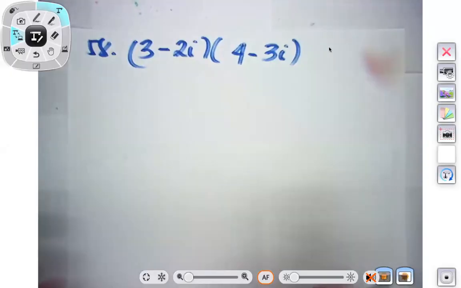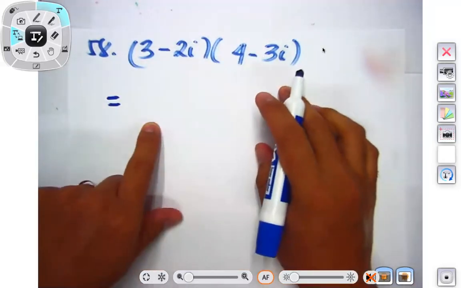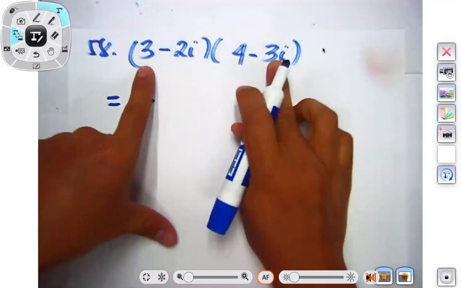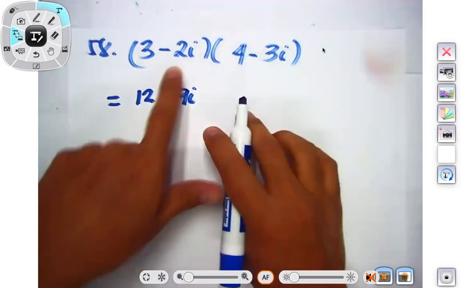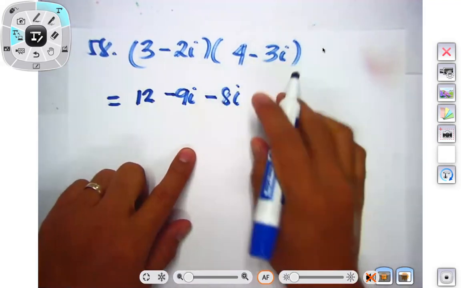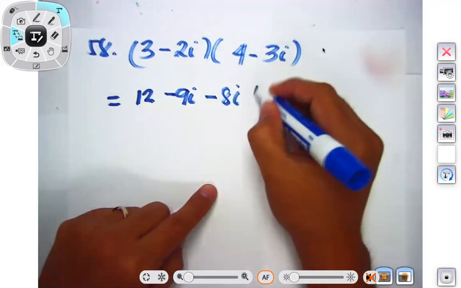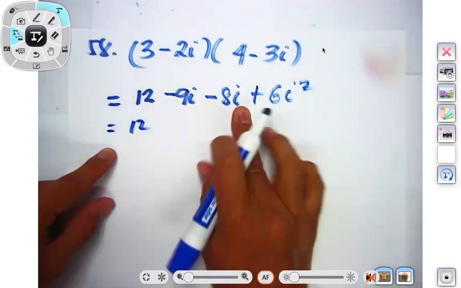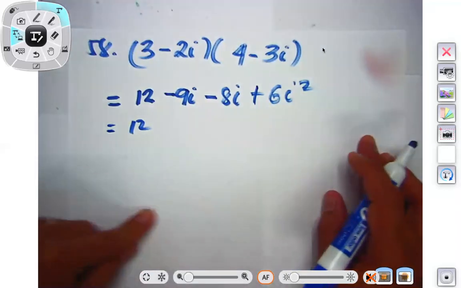You have 3 minus 2i times 4 minus 3i. Foiling this, we have 3 times 4. 3 times negative 3i, negative 9i, and negative 2i times 4, negative 8i. Negative 2i times negative 3i, positive 6i squared. Combine like terms, you have 12. Negative 9i minus 8i. Negative 9, negative 8, same signs add. Negative 9 plus negative 8,